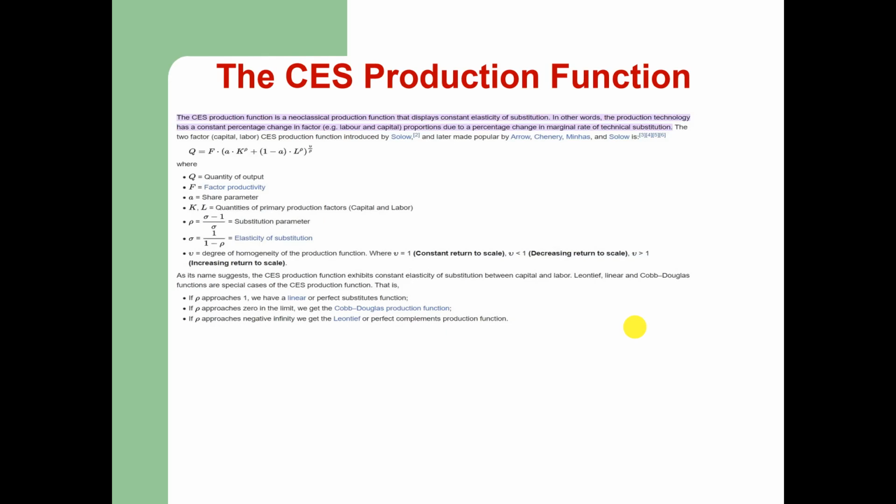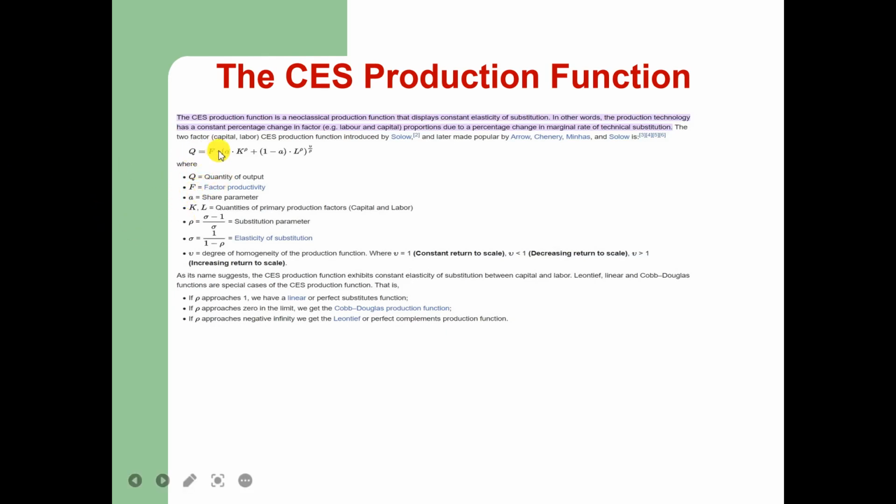The two-factor capital-labor CES production function was initially introduced by Robert Solow and later made popular by Arrow, Chenery, Minhas and Solow. The general form of the CES production function is given by this equation. In this function, Q is the quantity of output, F is a factor productivity or efficiency parameter,